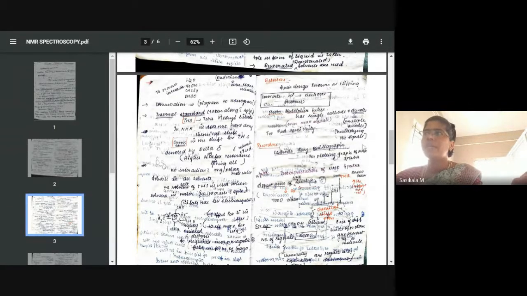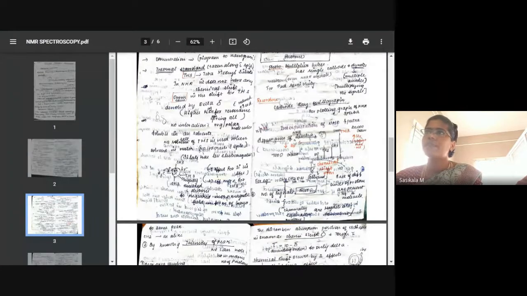Okay, so that we'll be getting NMR spectra. The principle and instrumentation we have discussed, and now let's move on to the interpretation of NMR spectra. The next part: how the spectrum appears after getting the result from the instrumentation. In the x-axis we are taking chemical shift. In the y-axis we take the intensity of the signal, and the x-axis runs from 0 to 10 parts per million.